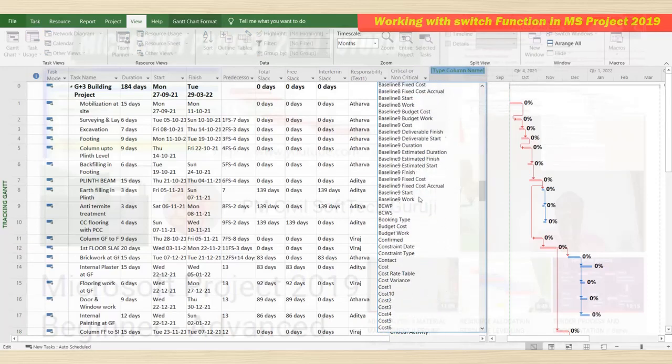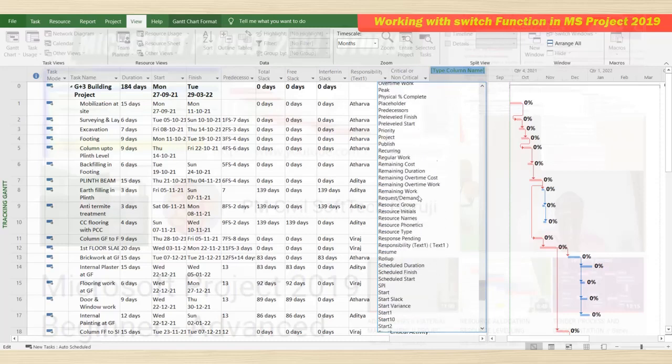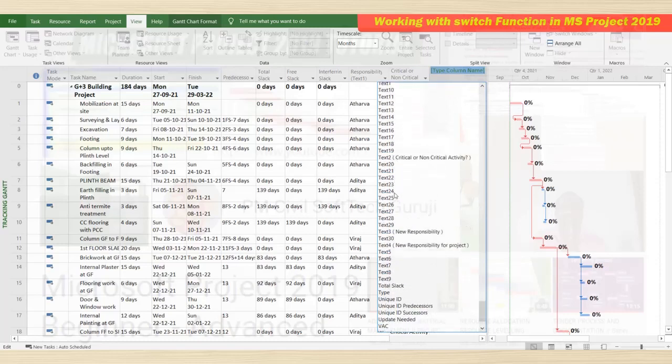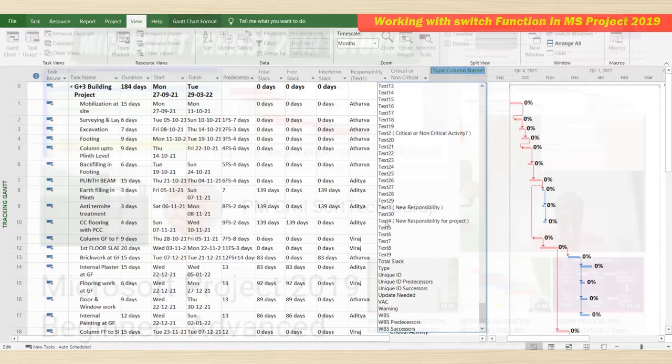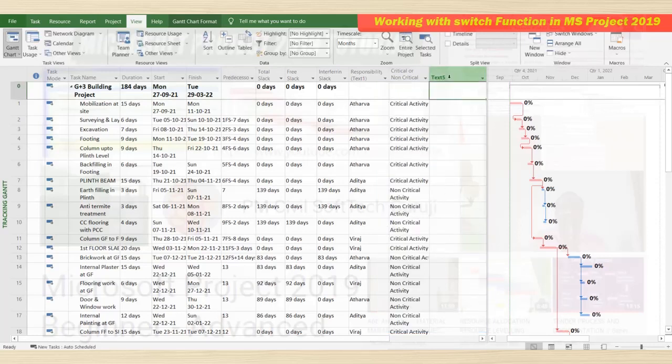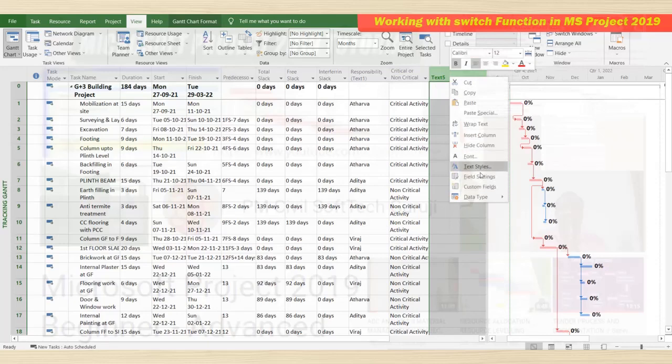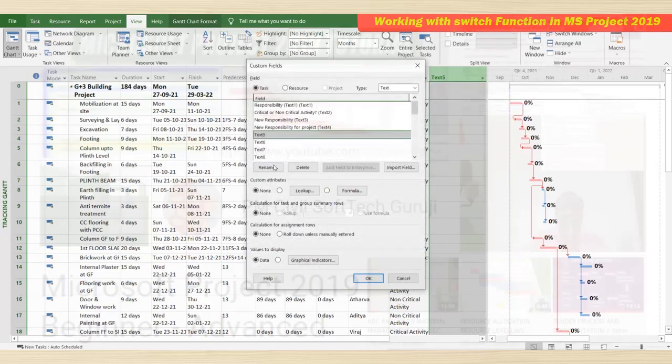Here I am typing text. You select text 5. So here custom field, rename: new work responsibility. Okay, it will be there. Then we'll go for formula.